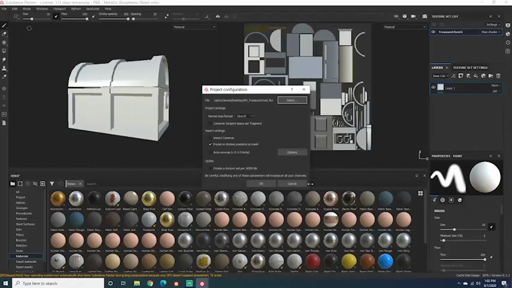I can open it, and now these grayed out options come back. And here I can change my normal map format. Say I pick DirectX instead of OpenGL by accident, I can change that. And if you've already textured it, something that you want to make sure you have on is Preserve Stroke Positions on Mesh. That means all the texturing that you've already done will be preserved and transferred over to this new mesh. However, there's a big catch to this, and that is your object should be in the same